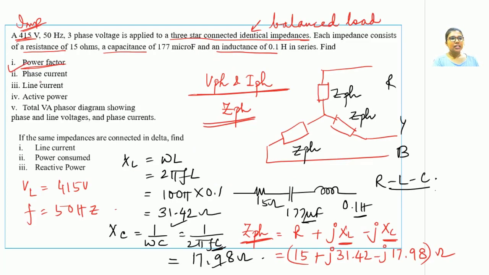The second bit says find out the phase current. Now these three parameters are very important, whether it is a star connection or a delta connection. The value of Z phase is known to us. The value of V phase is normally not known to us, but since the value of VL is always given to us in the question, using the type of connection, whether it is star or delta, one can obtain the value of V phase. And from there, one can get the value of I phase.